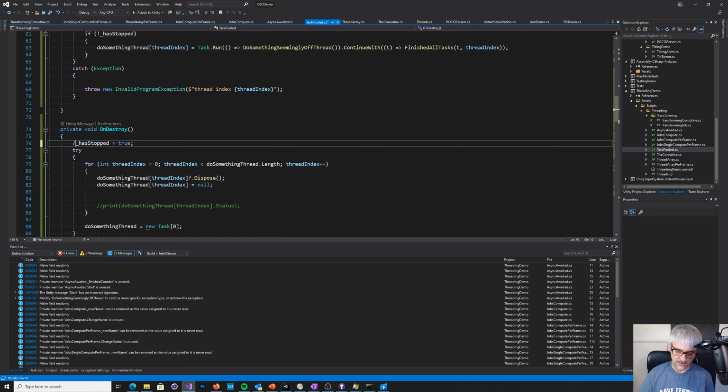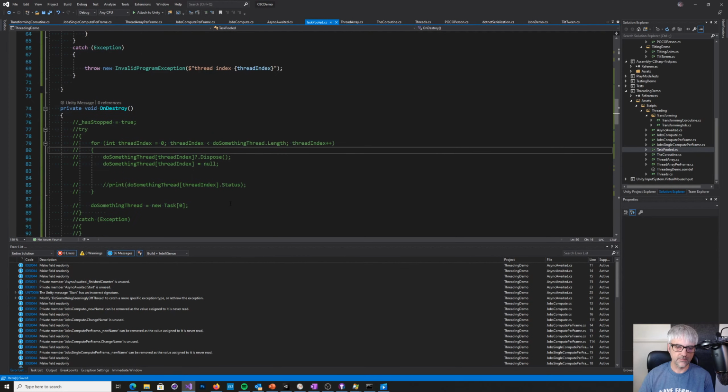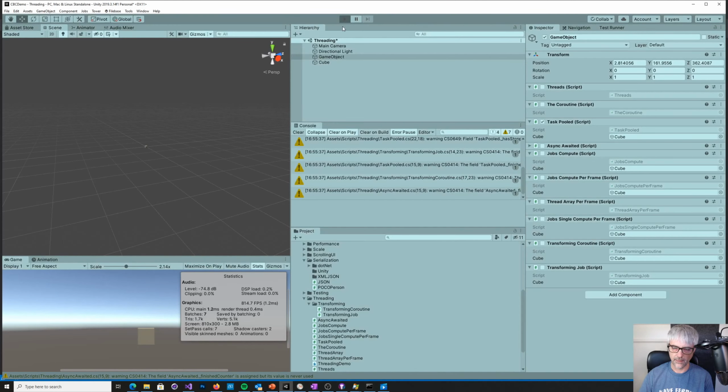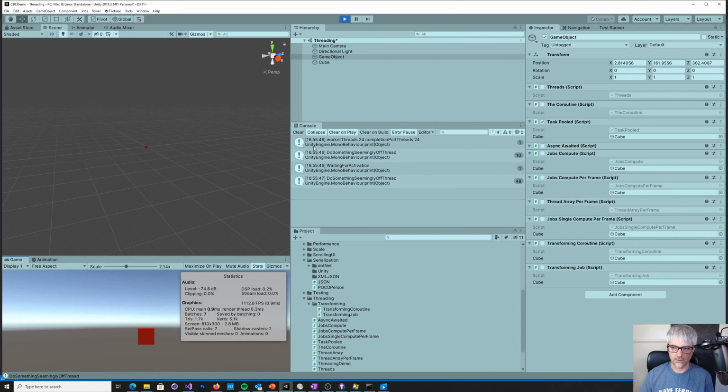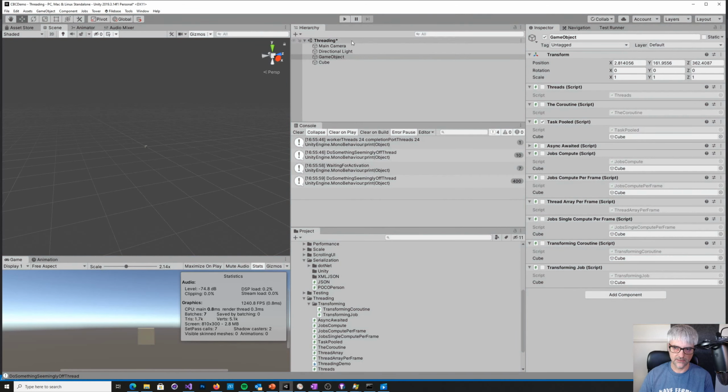Now if I turn this off, in fact, if I just comment out the whole of this, and run this, we're starting off again, our FPS is good, our CPUs are starting to ramp up with their work, that's all good. And then I quit the Unity session that's running, and look, see here,